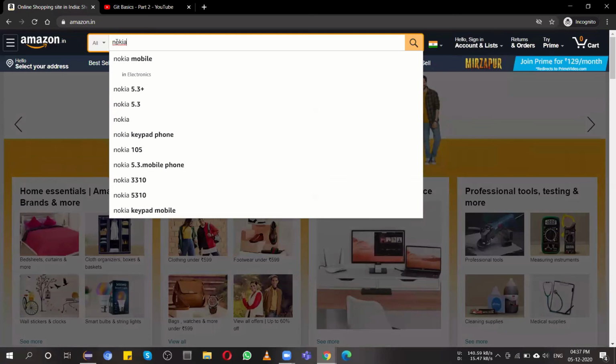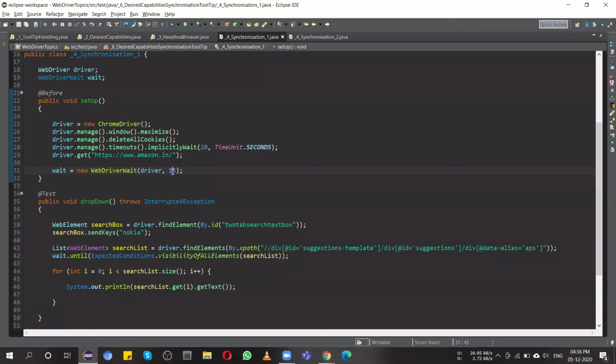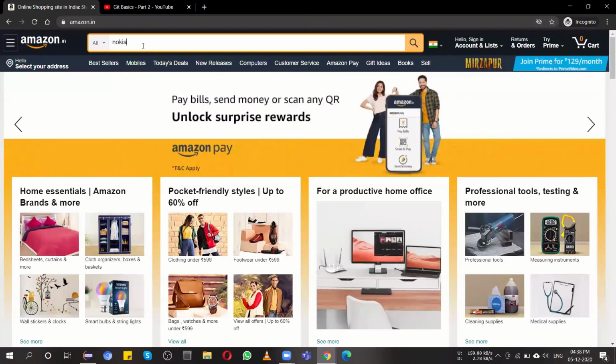So this is the total list I need to fetch. As a scenario, this might come slowly or come really quickly, we don't actually know. So this is the maximum timeout. After this, if that particular thing is not loaded, it will throw an exception. As I'm telling repeatedly, this particular wait you have to apply on specific objects or specific web elements. So which web element are you trying to apply this wait on? Over this particular list, over this total list.